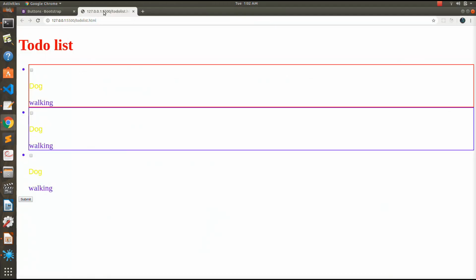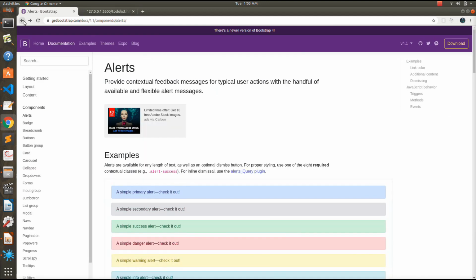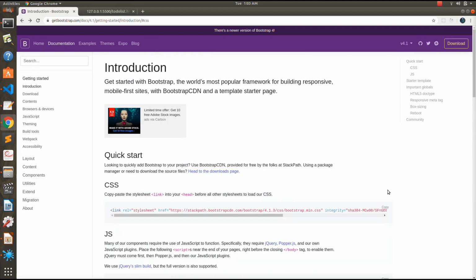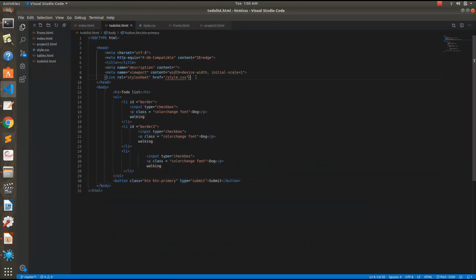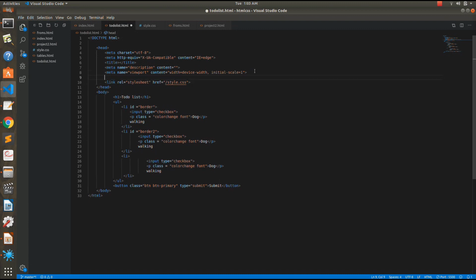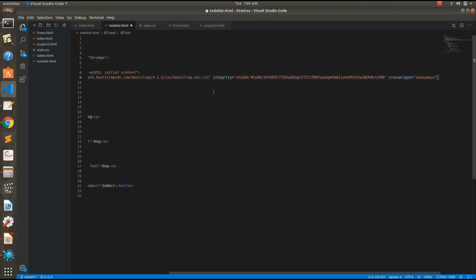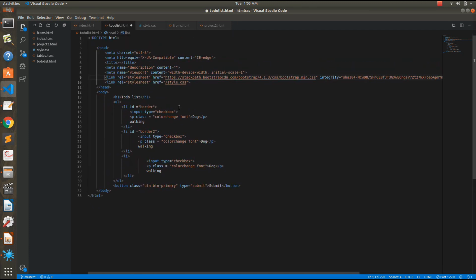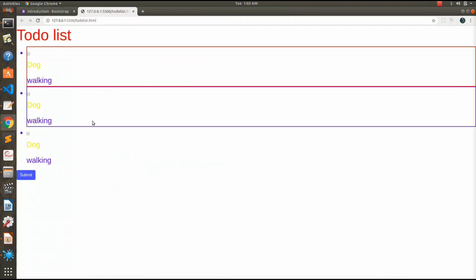And in the browser window, you won't see any change right now. Why is that happening? Because we have not included the Bootstrap CDN. Go back to the introduction page, and you can see this CDN here. It has a copy option here. Copy this and paste this in your file. Now as you save this, you can see our button has changed and it has all these borders and its color and all looks a little more